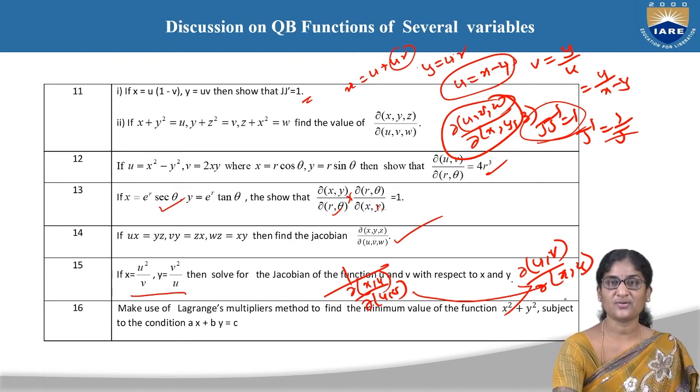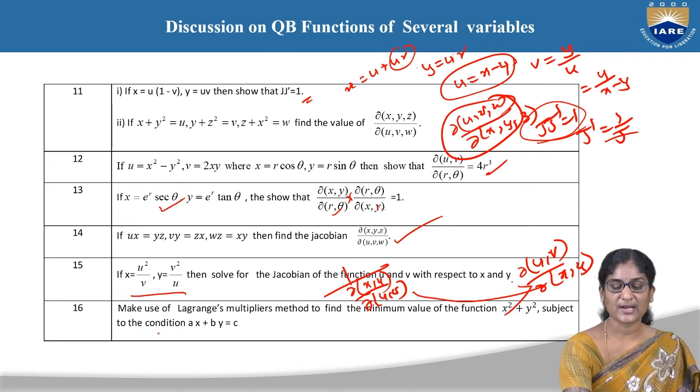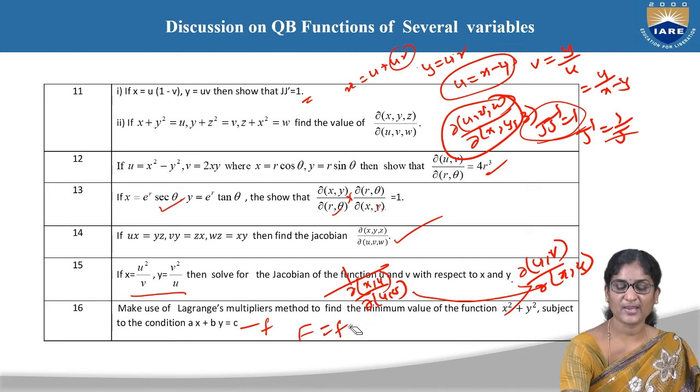So first we need to find J and invert that to get the J dash. Now make use of the Lagrange's multiplier method to find the minimum value of the function x square plus y square subject to the condition ax plus by is equal to 0. So we have to assume that this is a function f. Frame the Lagrange's equation, that is F is equal to f of a comma b, x comma y comma z,